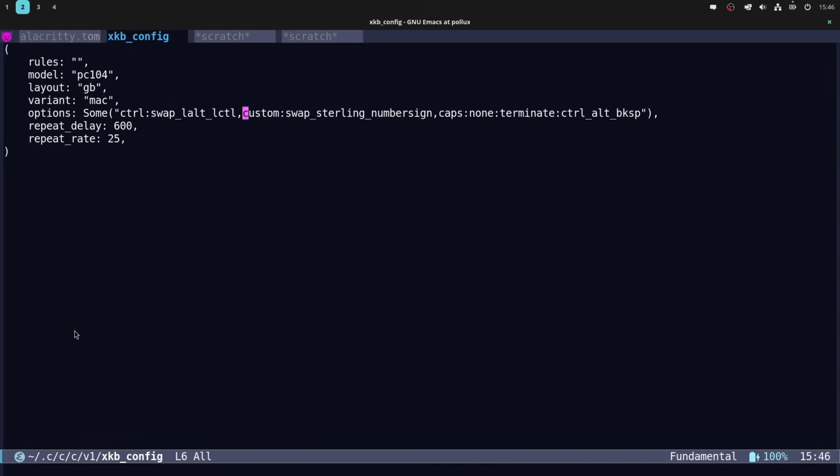And then what we have, you can see here, custom. So this is the custom XKB key map that I've defined. Swap sterling number sign, which is the name of the key map that I created. And what that does is that swaps the sterling key for the hash symbol, and then we have caps none and terminate control alt backspace. So this is how you change the XKB options on the Cosmic desktop, and it took a while to actually